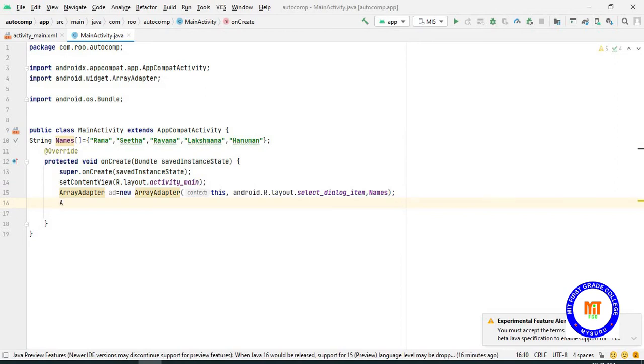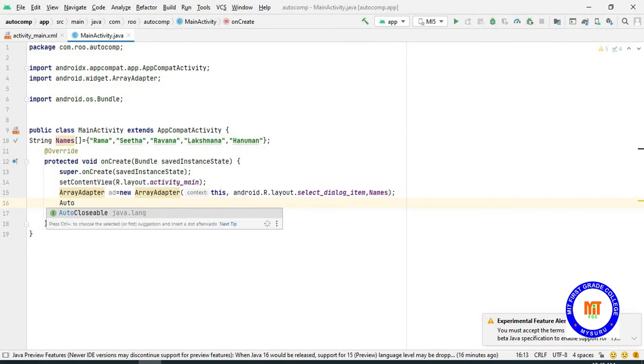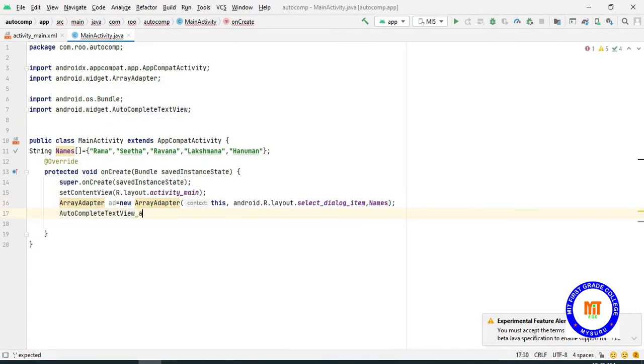Next, I have to take the autocomplete data type. So for that, AutoCompleteTextView, AC is a variable, AutoCompleteTextView is a data type. Now I have to extract whatever the user provides in the input area.